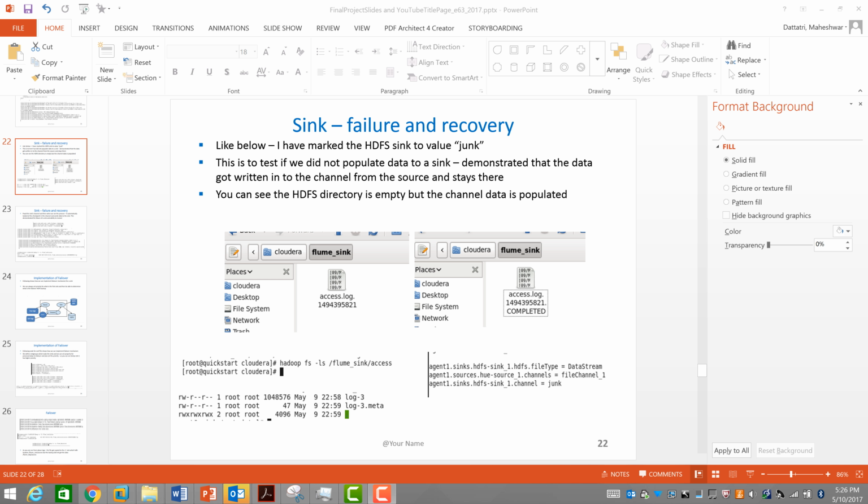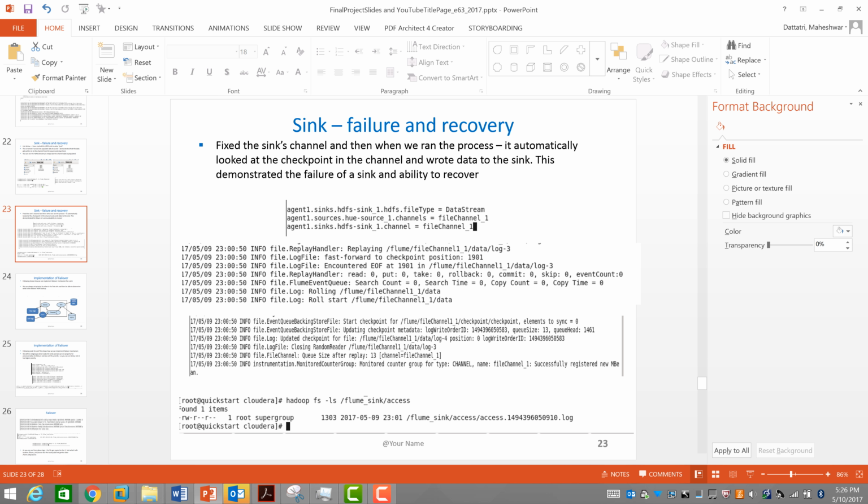As the process goes on, the data keeps running and writing, but the HDFS directory is empty. It gets loaded into the channel. Then when we fix it and point to the proper sink, it takes the data from where the checkpoint was left and puts it into the location. So you can see the